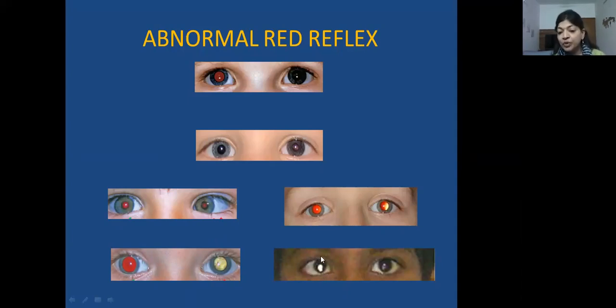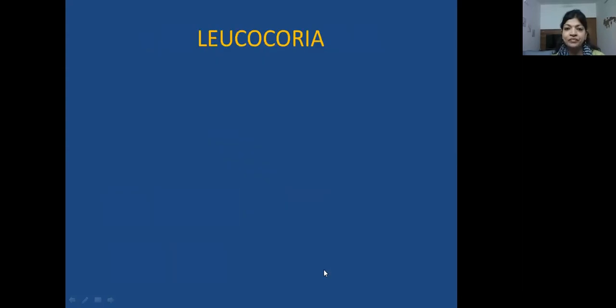But if you look at the pupil of this child, you would see that it's like a teardrop shape. It is not exactly round as you would expect the pupil. This is because the child has a coloboma of the iris, and such kids would also have a retinochoroidal coloboma at the back of the eye, and that is what is causing the kid to have a white reflex. So leukocoria, typically some important conditions which you need to rule out when you see a white reflex.